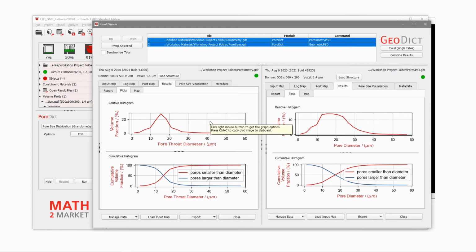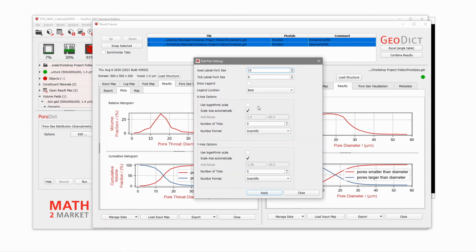So it's better if we set the axis in both plots so that they show the same numbers. Right-click on the plot and then click on Edit Plot Settings. Then you get some settings here, and you can disable the automatic scaling for the y-axis, and we just change it to 0 to 30. Click Apply,